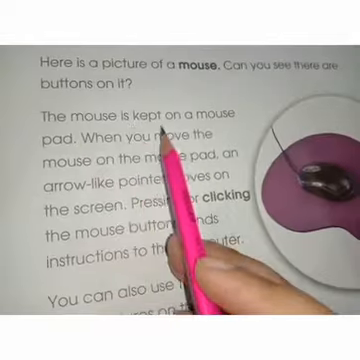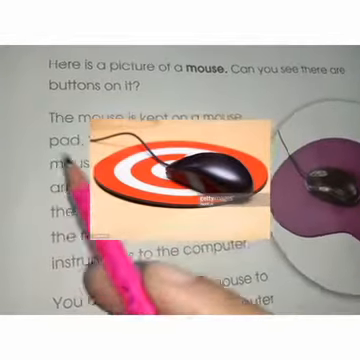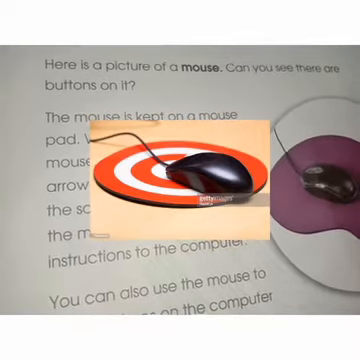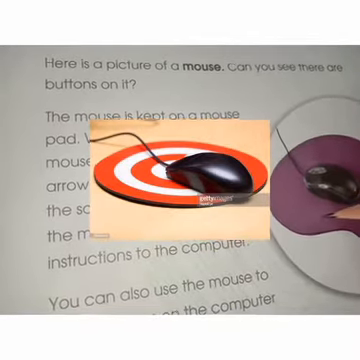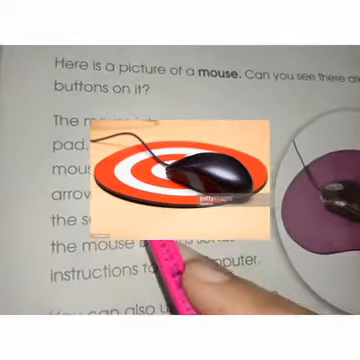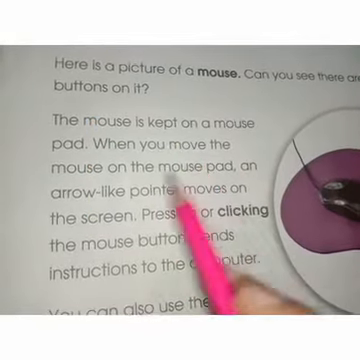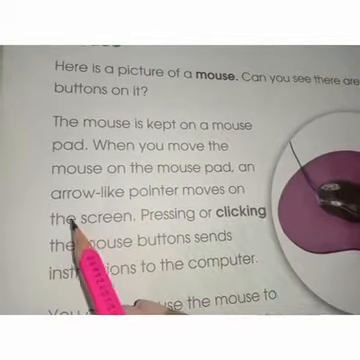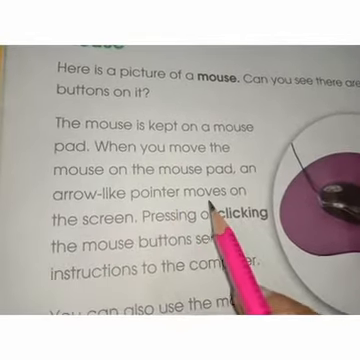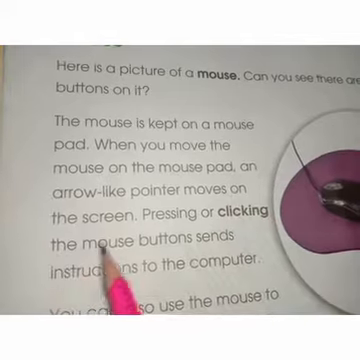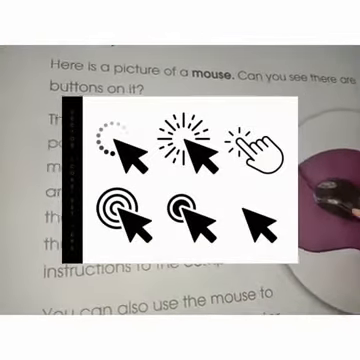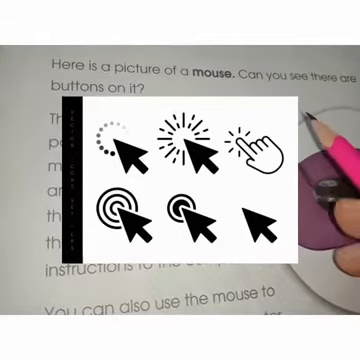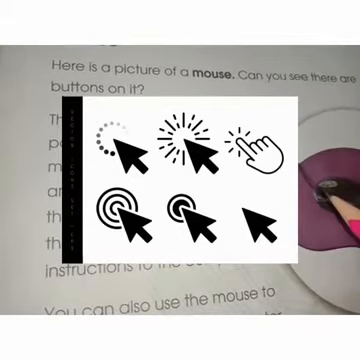The mouse is kept on a mouse pad. Students, as you can see, here we have a mouse on a mouse pad. We should always use the mouse on a mouse pad. When you move the mouse on the mouse pad, an arrow like pointer moves on the screen. Students, when you move the mouse on the mouse pad, an arrow like pointer, as you can see in the picture,